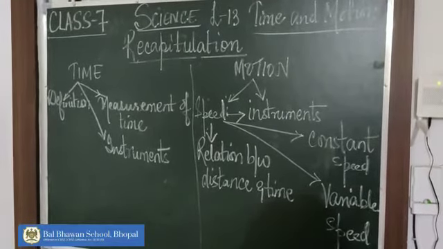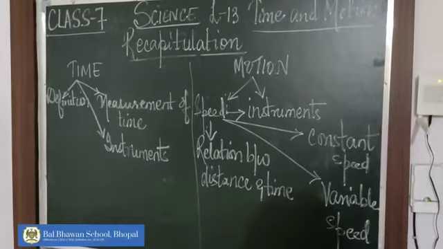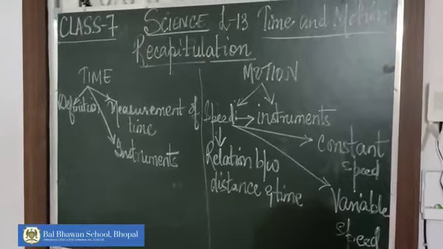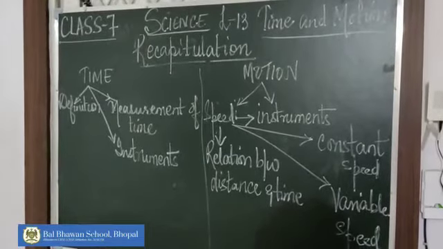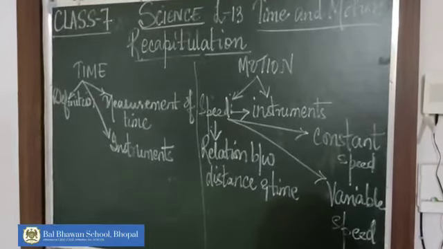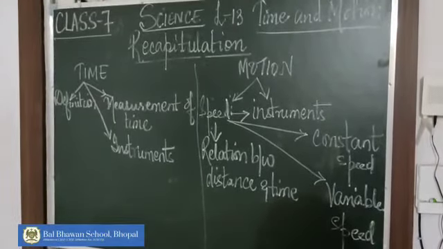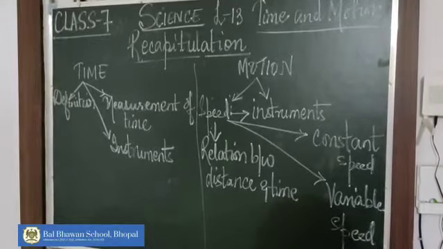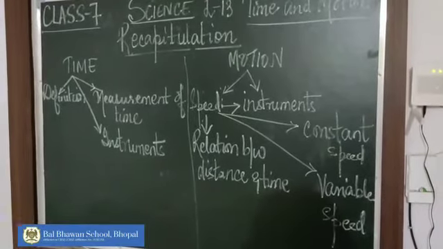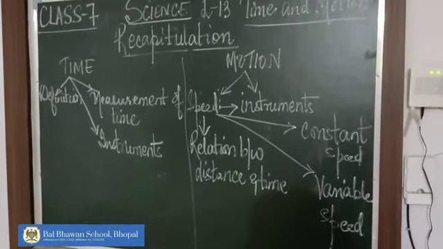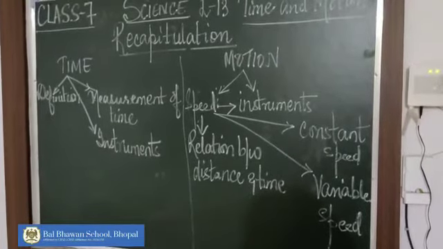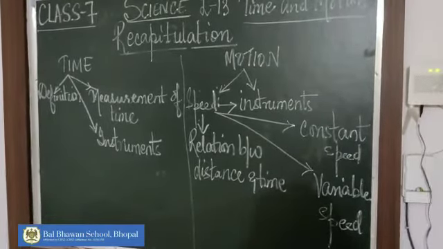And keeping in mind this, we make use of a simple pendulum. Now, the different instruments that are used to measure time are clocks and watches in our contemporary world. Apart from these, in ancient times, when these instruments were not there, time was measured by making use of natural resources like the sun and the sand, the sun in the form of a sundial and sand in the form of a sand clock.